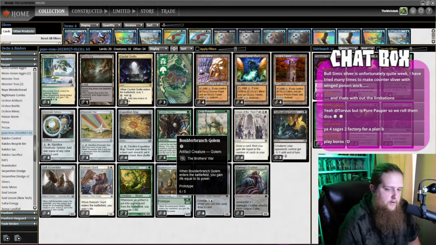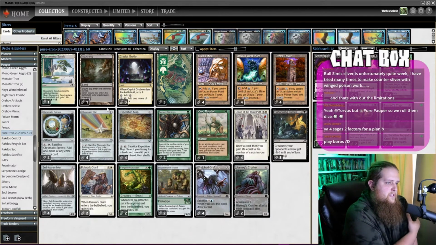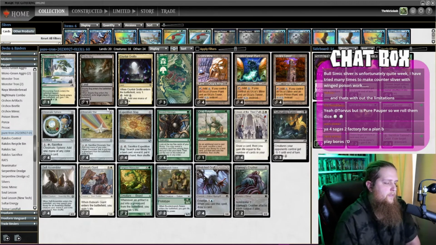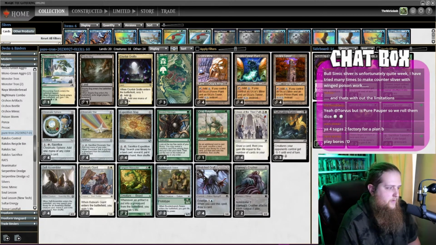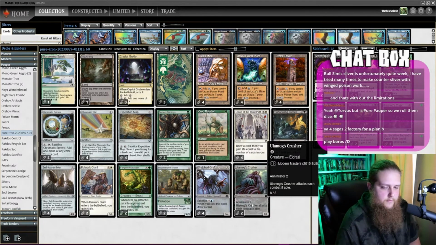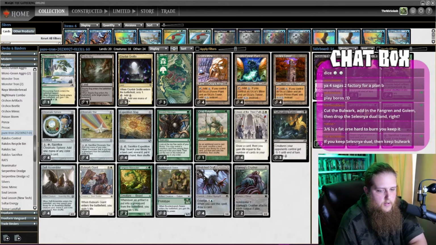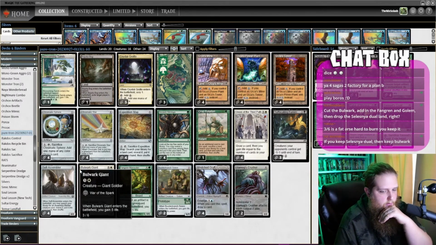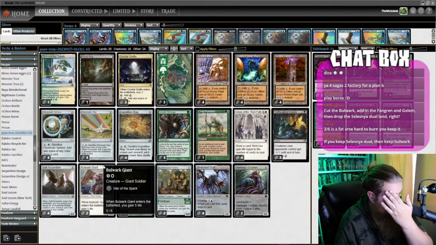Cut Bulwark, add in Fingrin, Golem, and drop Selesnya dual land, right? Well, you can keep the Selesnya dual land for Union of the Third Path. 3/6 is a fat body, hard to burn. Keep it. True. It's a good argument for it. But it also is not a big power, you know what I mean? If you keep Selesnya dual, then you can keep Bulwark. I was just thinking, if you get rid of Bulwark,